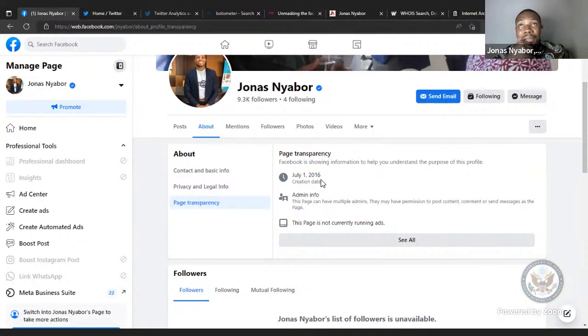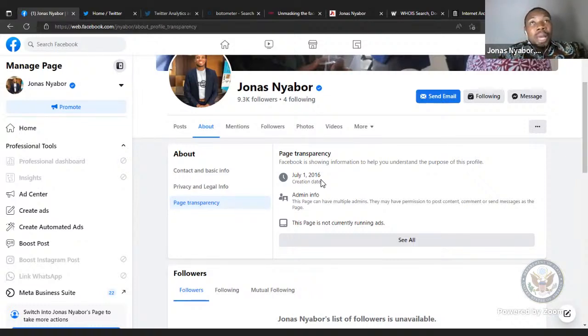Sometimes if we are investigating personalities, and this goes to people who may not be related, but in cases where you are looking out for business pages that scam people, or that supposedly say they are selling a product, so you make part payment, and then after making part payment, you don't get your item.